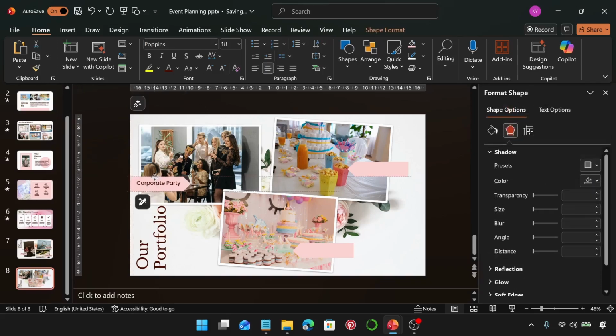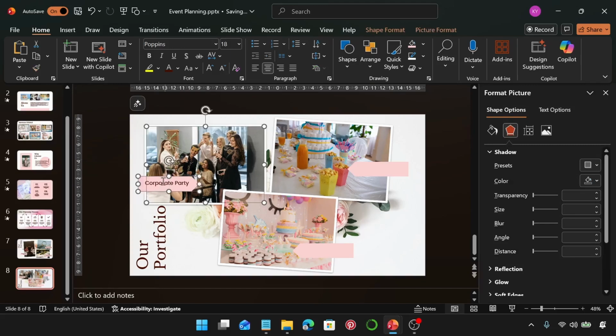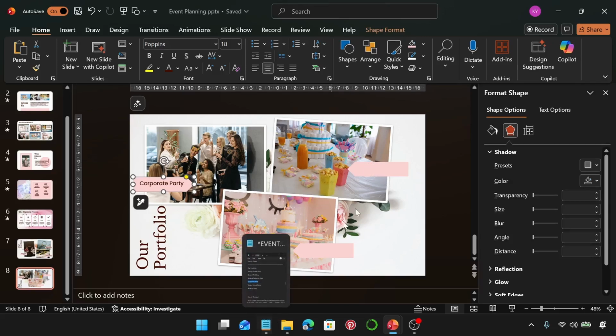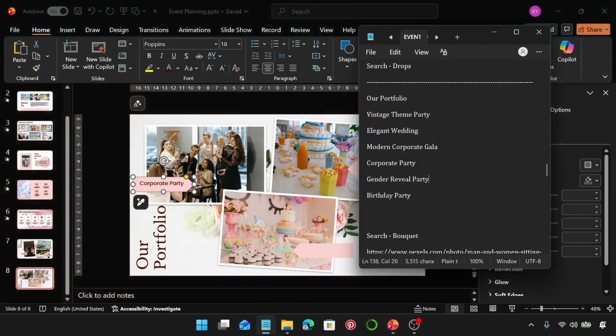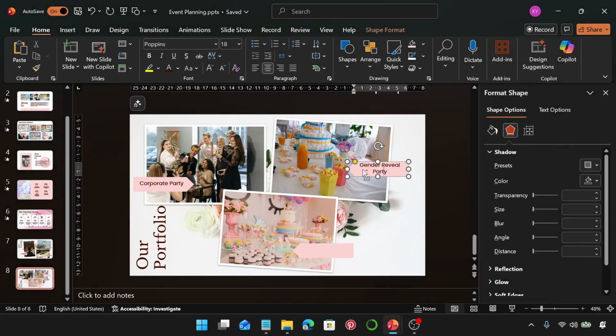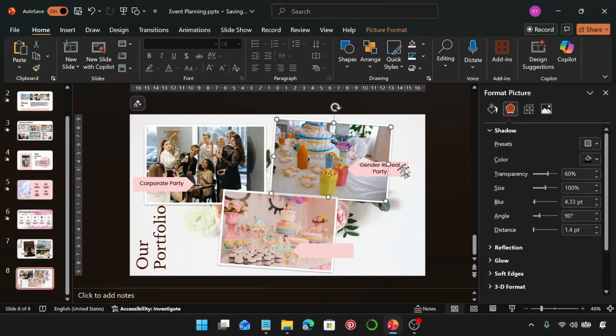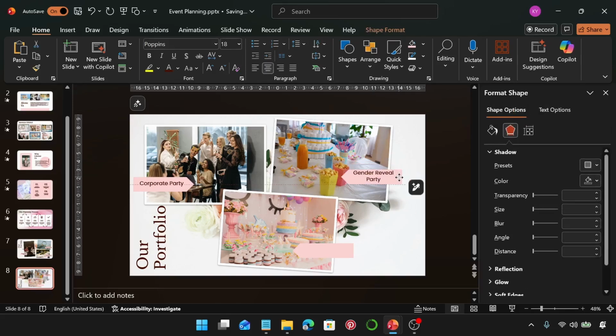And I want to figure out the placement for this arrow. Let me see. Yeah, it's fine there. Next up, let me add the text to this one: gender reveal party. Double click, paste, and I'm going to maybe move it. Let me bring it closer. Let's say here,